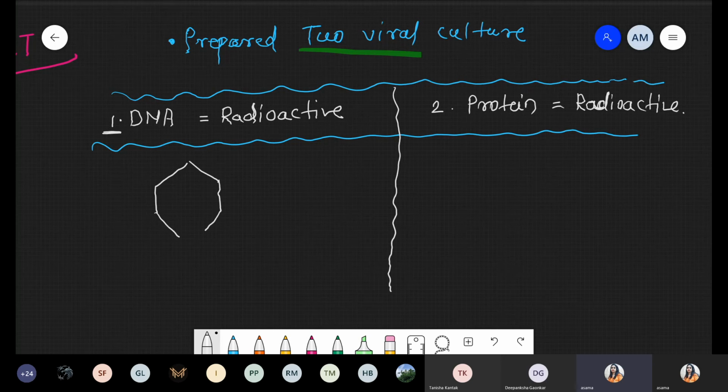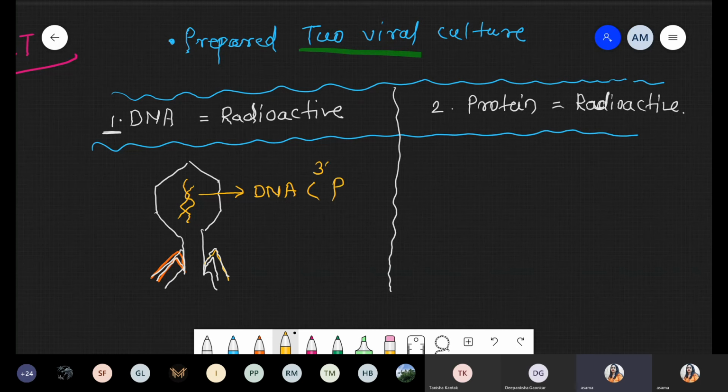So this is the capsid structure. It consists of the head region and tail region. We are drawing a total of 6 tails. But inside the structure, there is the presence of DNA, but it's not normal DNA. That DNA is radio labeled DNA and uses P32. And as we just discussed, P32 is a radio label technique.